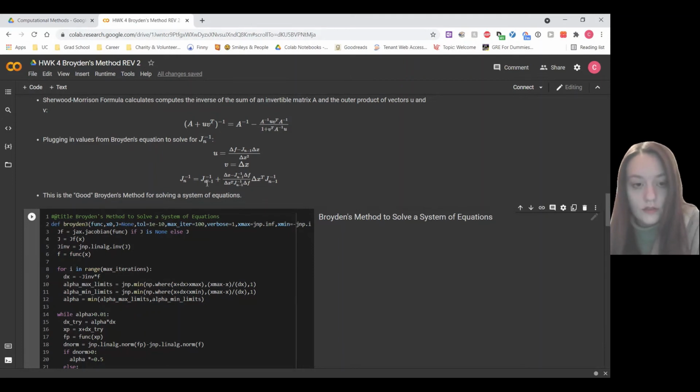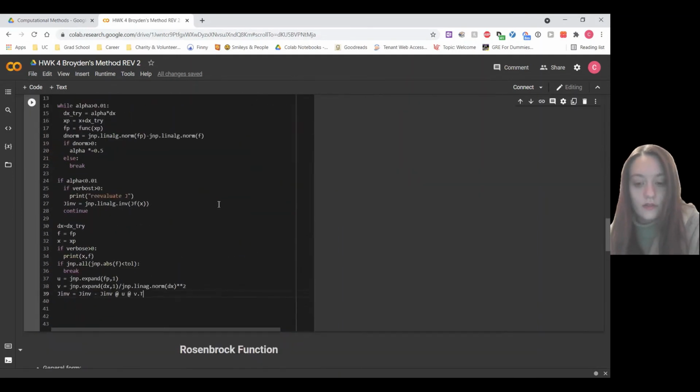We have the J inverse times u times v transpose times our inverse of our previous, and all that divided by 1 plus